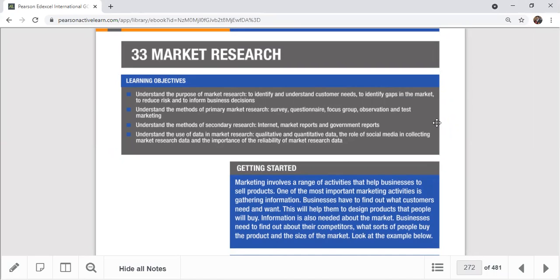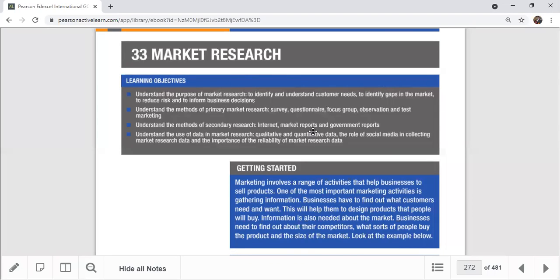Research is finding something, gathering information, then analyzing and presenting some kind of information, and you're going to use that information for decision making. In this lesson, we are going to talk about the purpose of market research, and understand the methods of primary research, such as